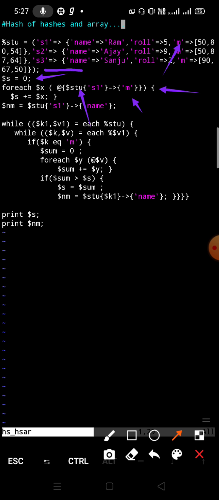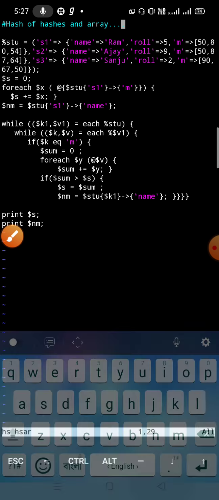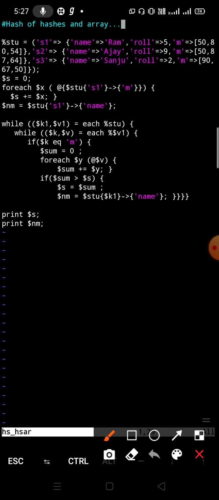Okay, so in this line we are taking the sum, $s += $x. So $s will store the sum of marks of the first student. Now after that I am storing the name of the first student inside a variable named $nm.